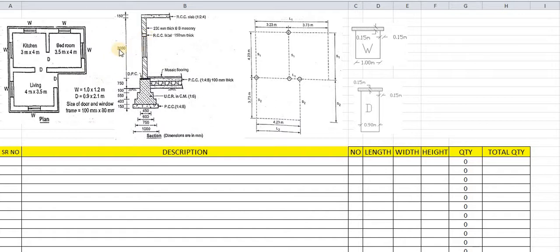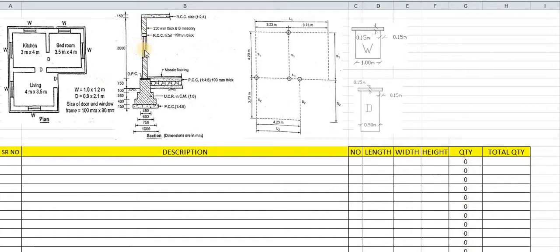Again most important is the section line. Here it has been provided through the doors and windows. The section line has been given through the windows. The window size has been given as 1 by 1.2. We will deduct. Most important, this lintel is to be provided. This lintel has been made with RCC. That means this space will not be filled by the brickwork. Again this space is to be deducted from the total brickwork.